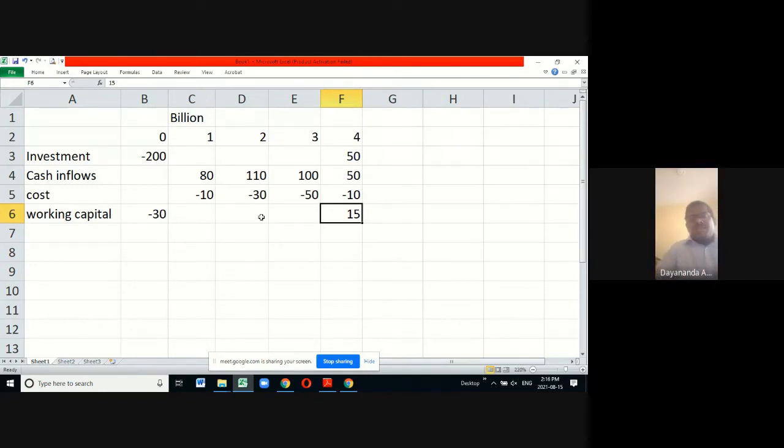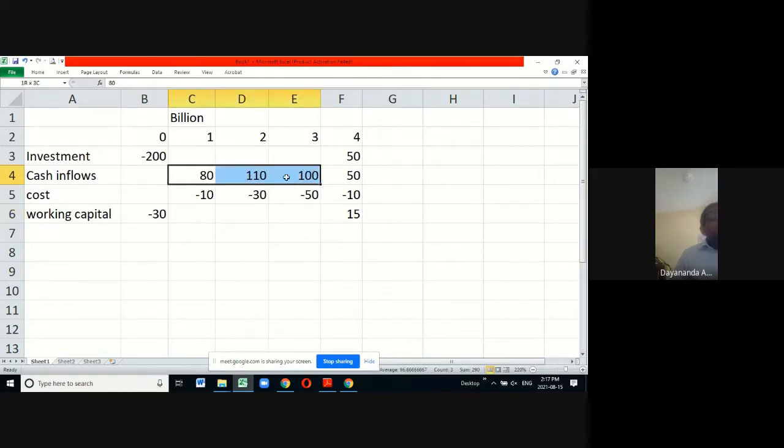So what I want to communicate to you is that by taking these few data, the pattern of cash flow, now you can describe this particular data set by using a paragraph. Initial investment so much, so you are going to recover this much, 50, and the cash inflows in the first year so much, and the cost going to be incurred so much. Likewise, working capital investment is so much. Here it is so much. So you will see that this is the cash flow statement.